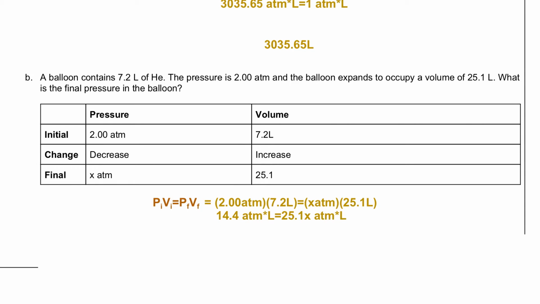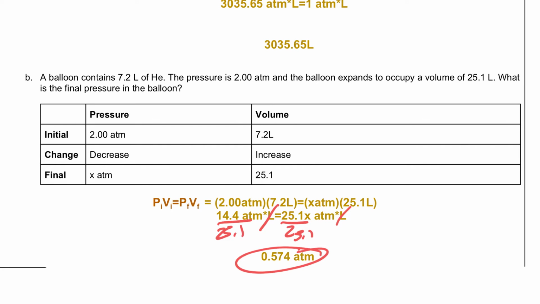And then I'm going to divide both sides by 25.1. And when I do that, my liters cancel. And I'm left with